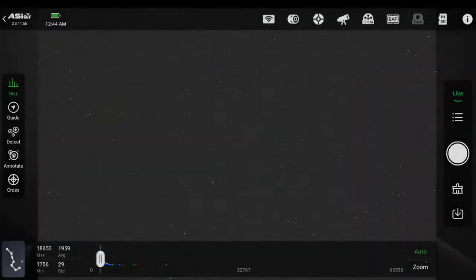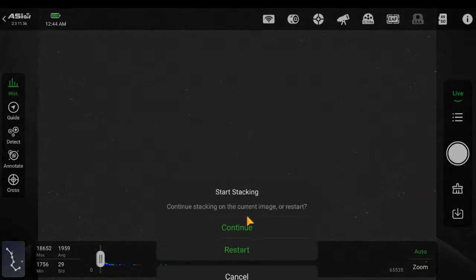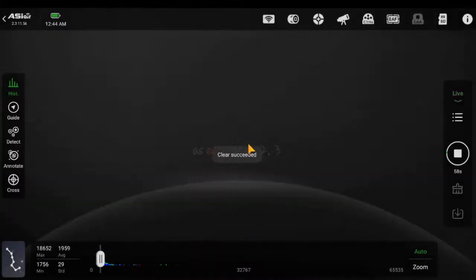Right, I'm guessing it's this. Do I hit restart? Will it restart? Okay. All right. I'm guessing it was that one spot there. I'll wait for it to show us our first image.